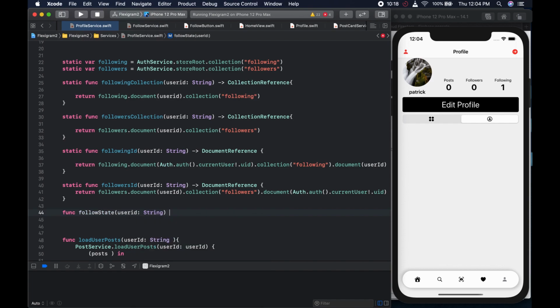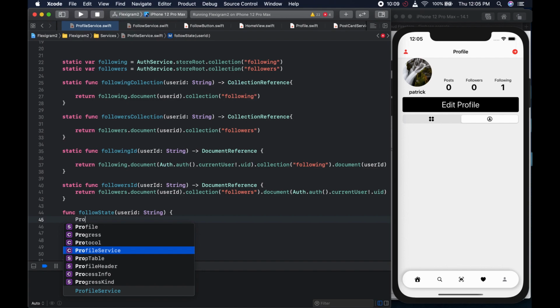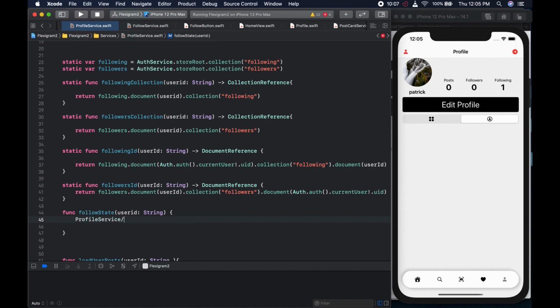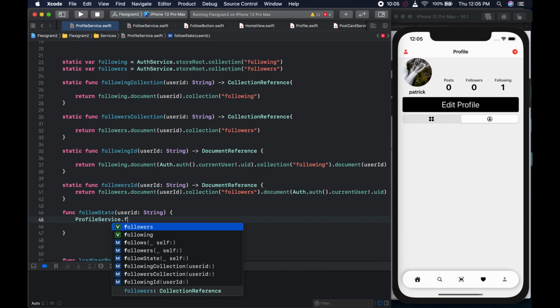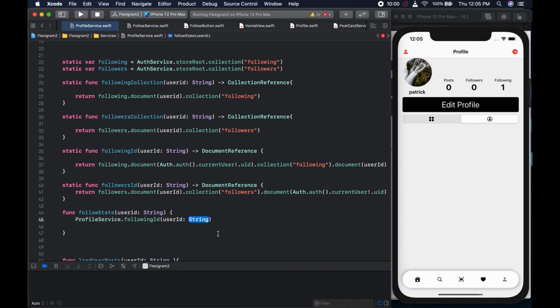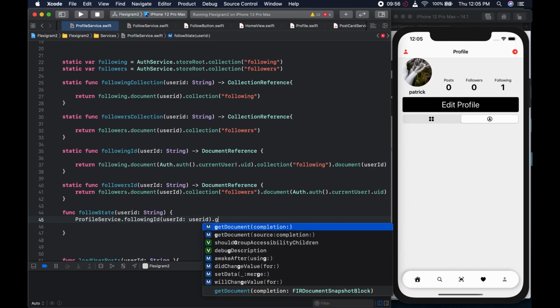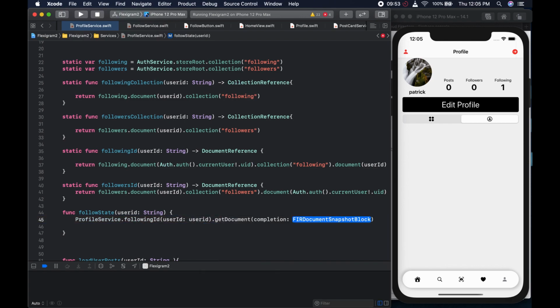We'll call it from here, so we don't need to call it from outside. That's why it's not a static function, right? Or we don't need to do so currently. If we need to do so in the future, we probably will. We could say profile service dot following ID, right? We're using this reference, right? Following ID, and we're just going to take the user ID, and the method we want is get document,